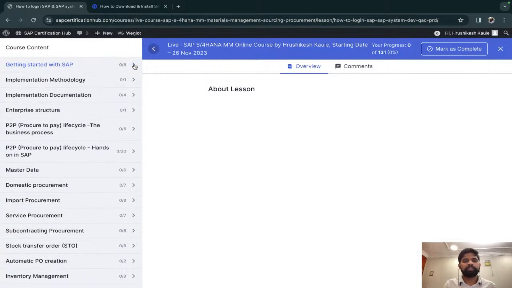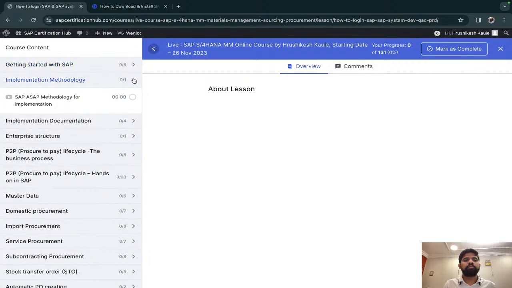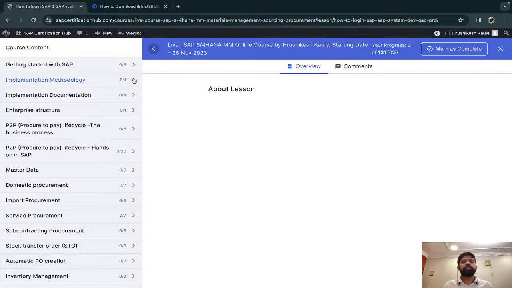In the next session, we are going to start with implementation. It will be a very interesting session because we will try to understand, if you go to a particular company as a consultant and they do not have SAP, and obviously they want to install or implement SAP, what is the method to install or implement it?